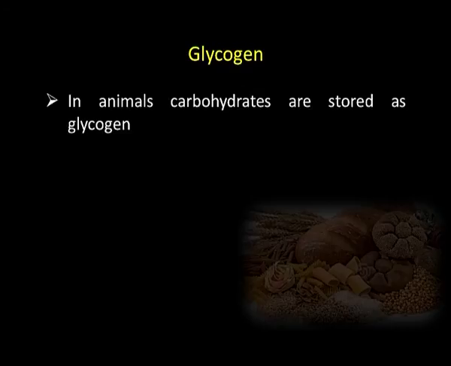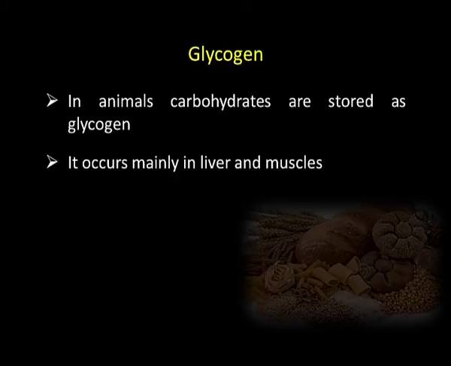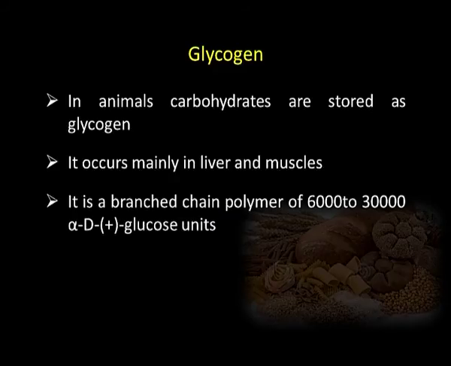Then a third polysaccharide is glycogen. In animals, the carbohydrates are stored as glycogen. It occurs mainly in the liver and muscles, and it is a branched chain polymer of 6000 to 30,000 alpha D plus glucose units. Again the monomer unit is the same as it was in starch, it is alpha D plus, but it is a very large molecule in comparison to even amylopectin, having about 6000 to 30,000 glucose units